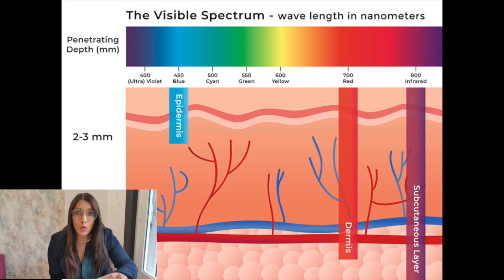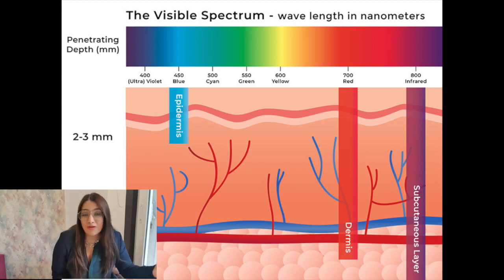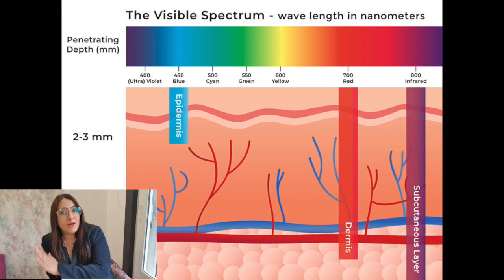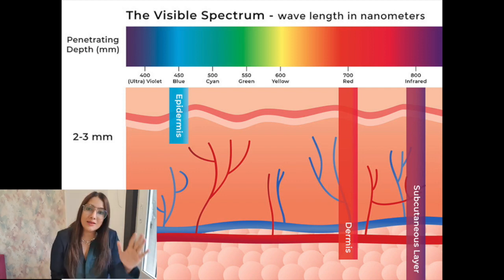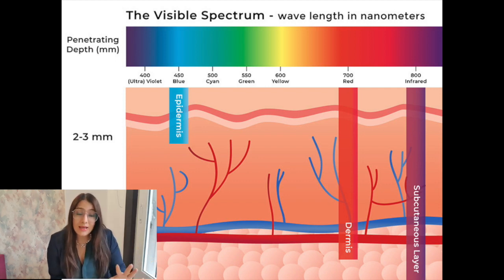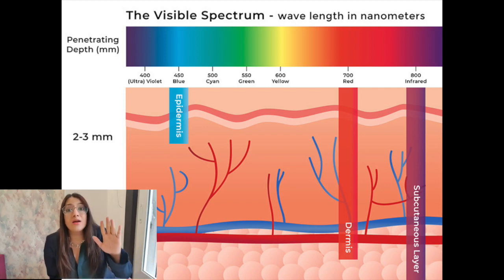complicated. So if you look into this picture, you would see that the visible light is comprised of different wavelengths of light which corresponds to a particular color. At one spectrum is the blue light, while at the other spectrum is the red light. And as you can see, the red light can penetrate deeper, and because of that, it can be used for